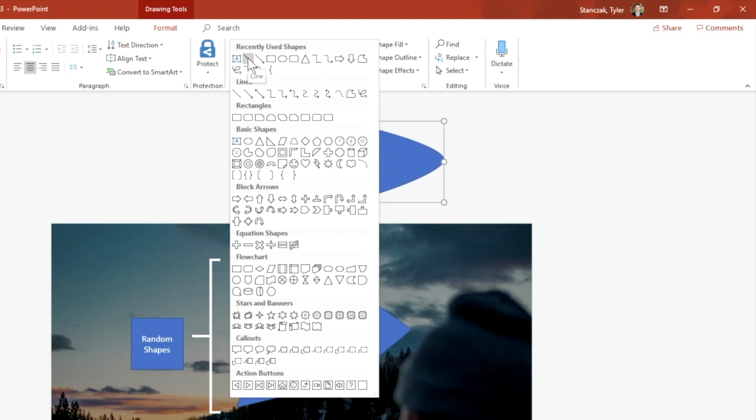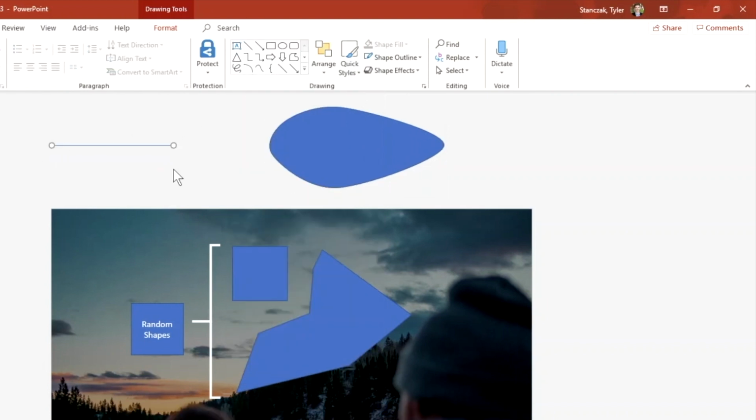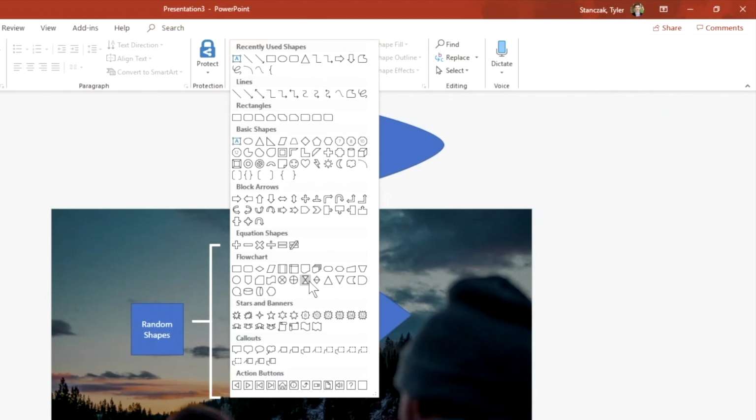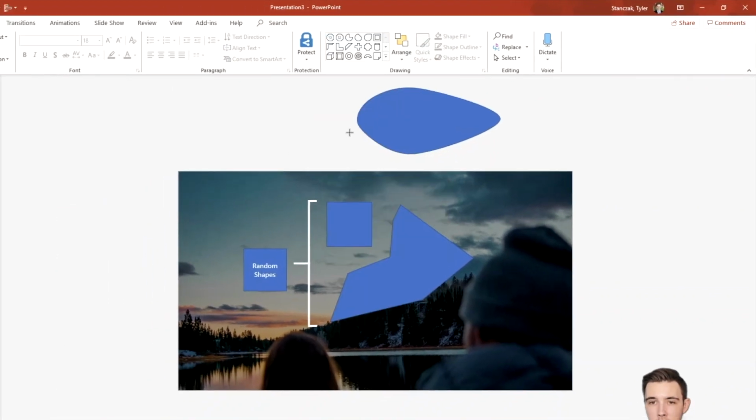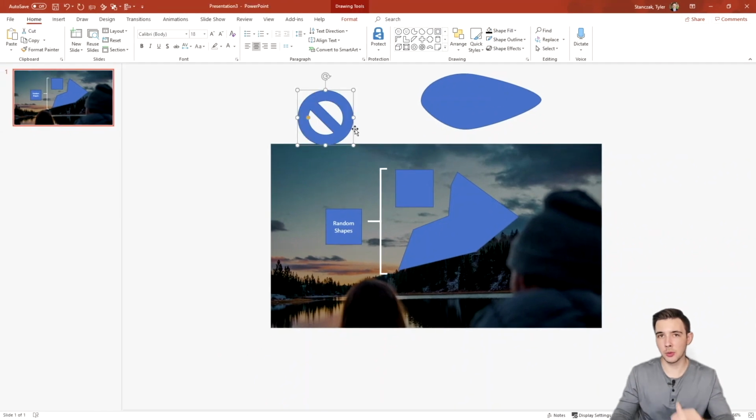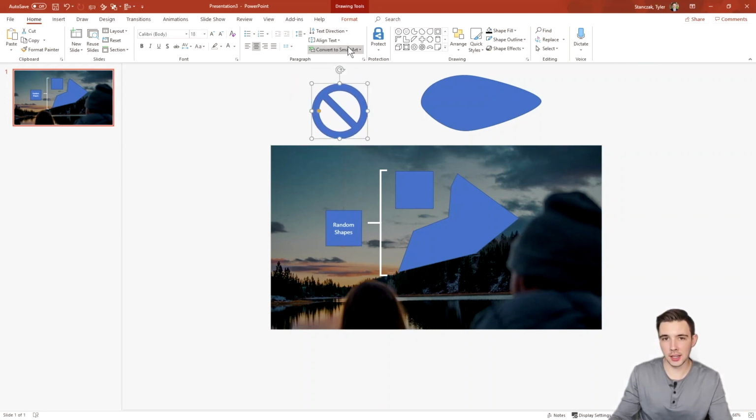Another thing I naturally like to play around with are lines. I'll add in a lot of lines, whether it's going horizontal or even vertical. Those are just two different options. There's also a bunch of different shapes here available to you. They even have this not allowed symbol. So let's say you're just trying to warn people to be like, don't use that, or like I don't know, whatever use case you might use this shape for. This is kind of a fun shape to use. Usually you would have to try to find an icon for this, but they actually have a shape that's dedicated to this symbol right here, which is pretty cool.